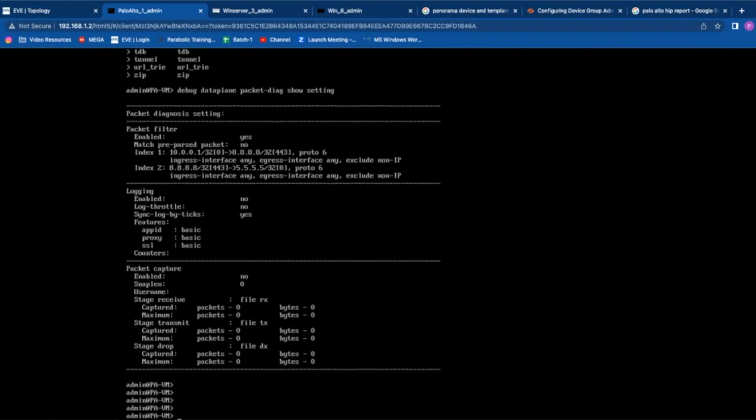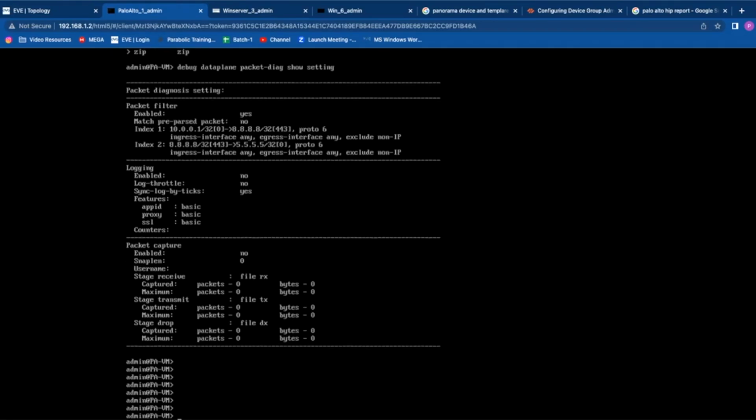So as Vineet is doing, this is the same way we do. We set a feature, we check show setting, whether it's enabled or not. Show setting is a really cool way of making sure what you have enabled. Even if you enable, you set log on, then only it will start logging. So just make sure what features you set by doing a show setting each time you set a feature. And once every setting is good,